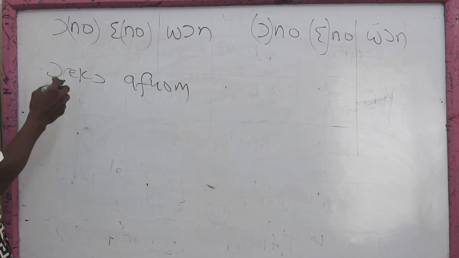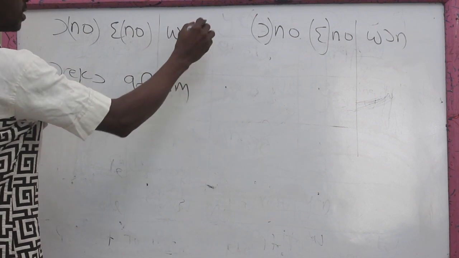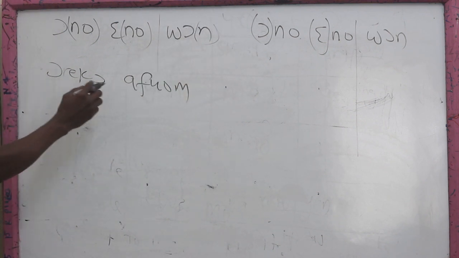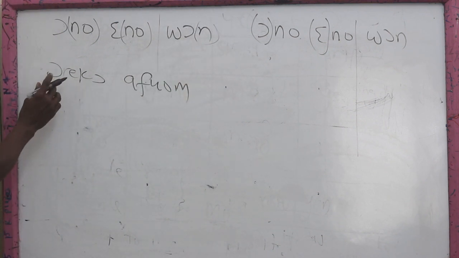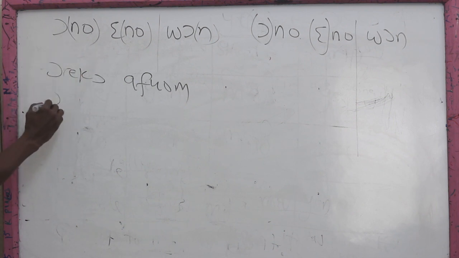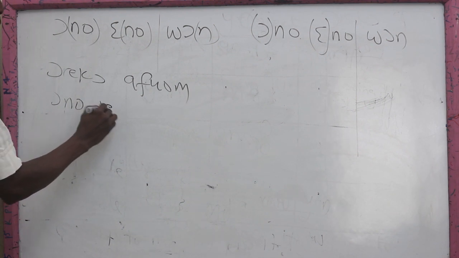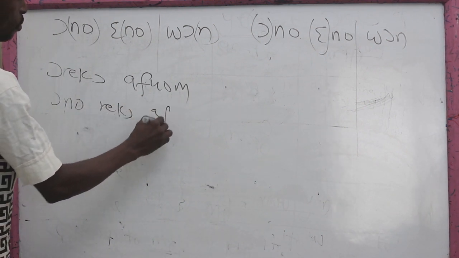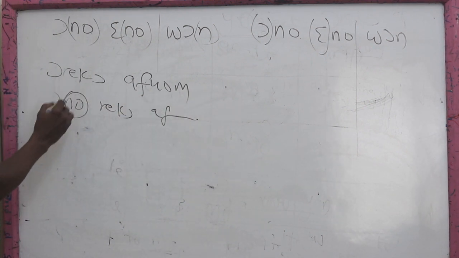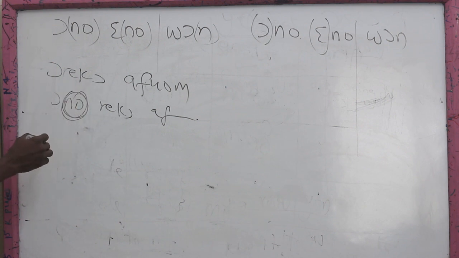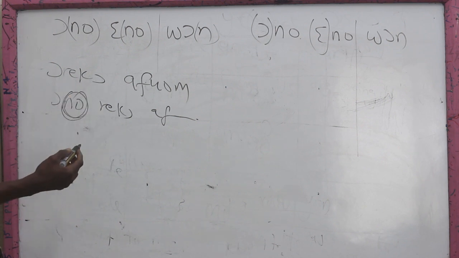Here to replace this in a parenthesis, sorry. Oko efuom. It's actually ono reko efuom. If this one is deleted,